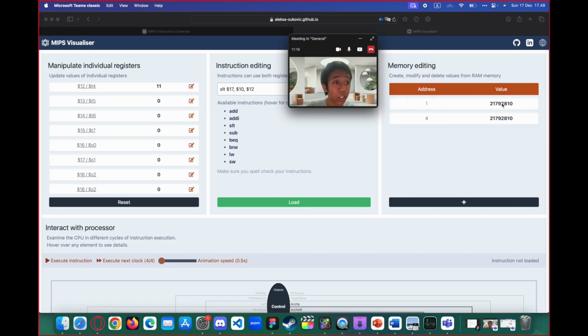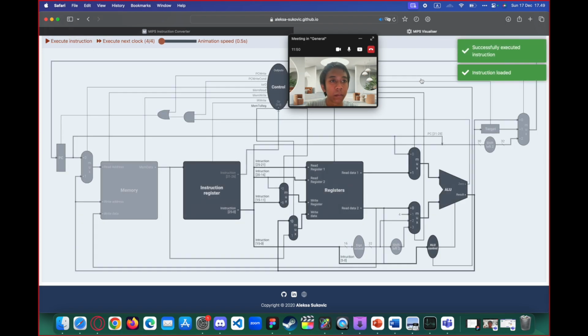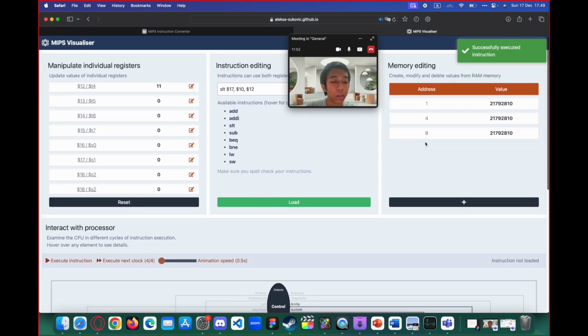This is the RAM. This value tells us what instruction is being done, and this is the address. It will be 0 first, and then goes to 4, and then goes on with multiples of 4. So the next one will be 8. If I do it here, it will be 8 now.